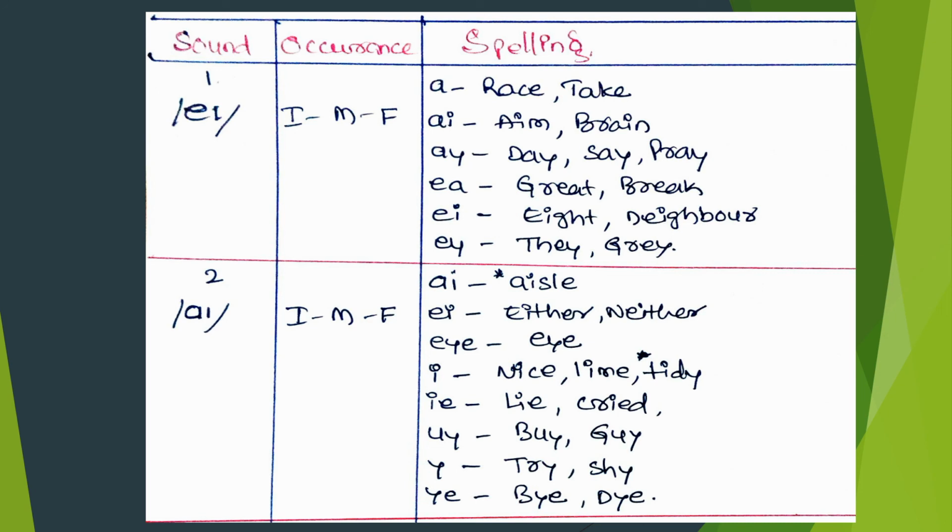This is also represented with the letter I. For example, NICE, that is nice, LIME, lime. This is an important word, TIDY. Some people used to say this one differently. No, it is tidy. Now IE,